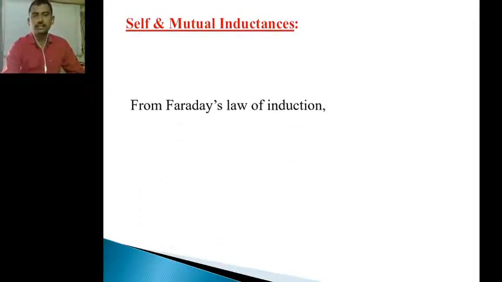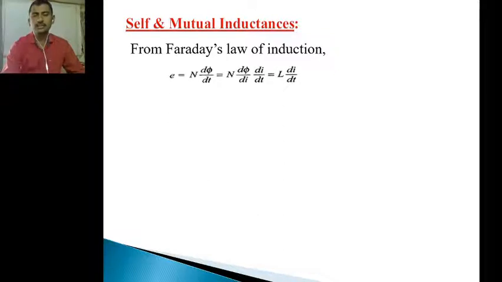In addition to this, we can represent our voltages in terms of the inductances also. Normally these inductances are self-inductance and mutual inductance. If we want to write the equation in terms of the inductor, from the same Faraday's law of mutual induction, E is equal to n into d phi by dt. Here I write n into d phi by di into di by dt. We already know the formula for inductance is n phi by I, number of turns into flux divided by current in that conductor. So n into d phi by di we replace as L, giving L into di by dt.